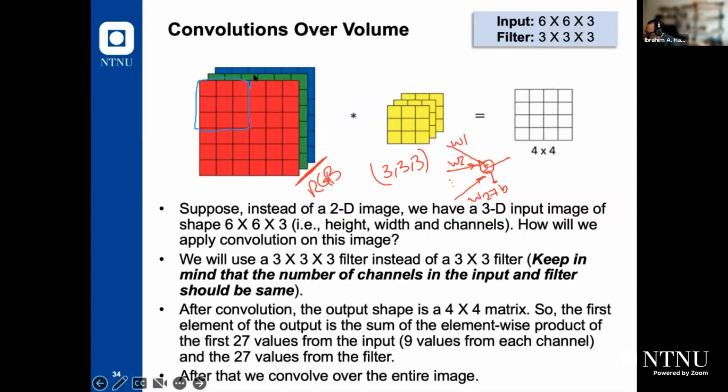And also the green part here, I will draw it here. I need to select another color. So it will be applied to that part also here, right? And it will be applied to the blue part here. So those 27 weight values will be multiplied by those 27 pixel values, 9 from red, 9 from green, 9